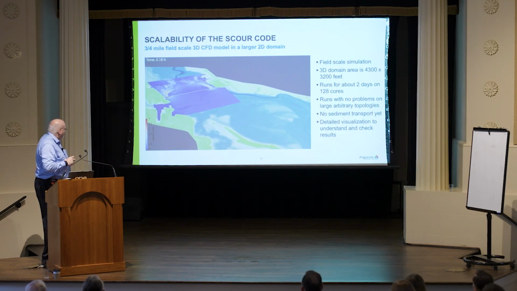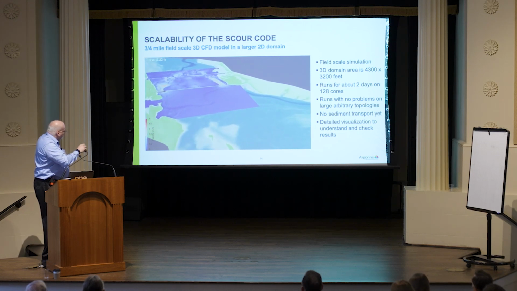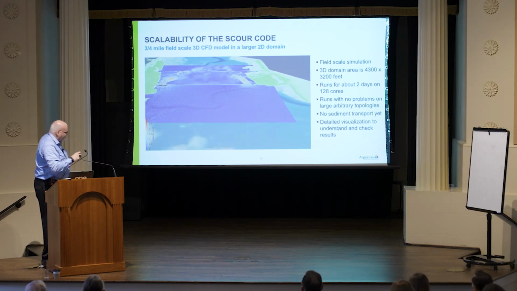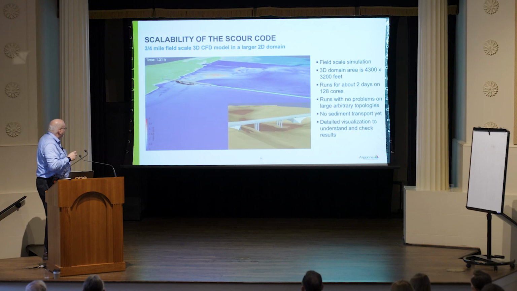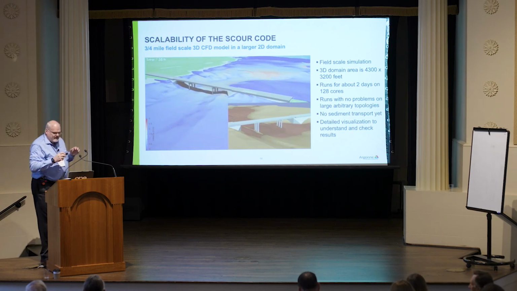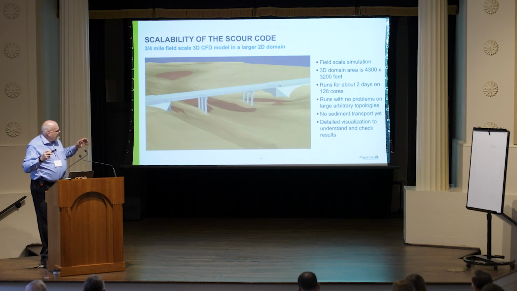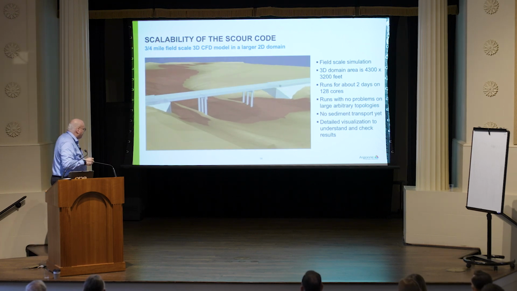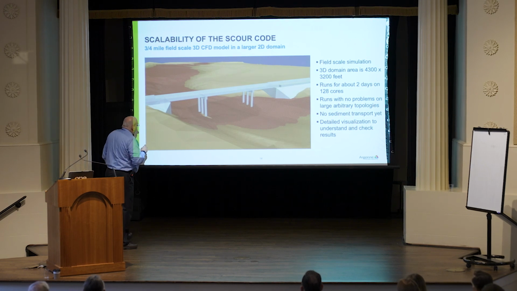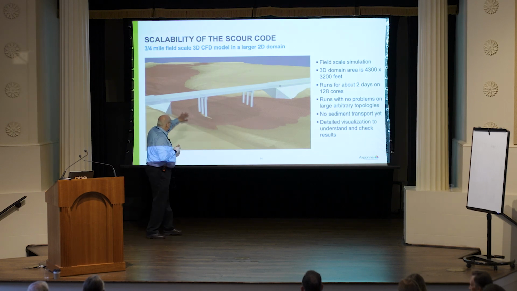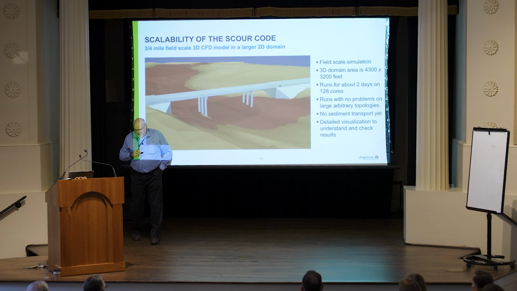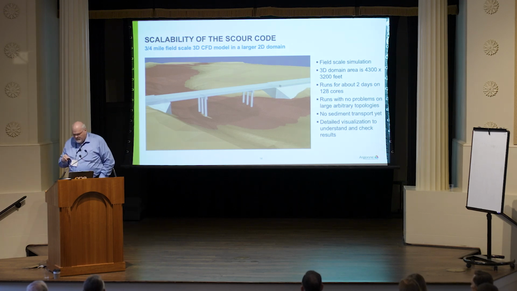Here's another example. The large area that you see, so the green, blue, whitish kind of stuff, that's an SRH2D model, right? And we took a particular smaller part out of this, and we're interested in this bridge, but we wanted to see how big of a model can we build, right? And so this one was really running in very reasonable time. And here what we did is we have a riverbed where we have sand, and the sand gets all eroded away, and then you end up with a clay layer under there that's exposed, right? And at the clay layer, we would then, of course, use now different erosion parameters.